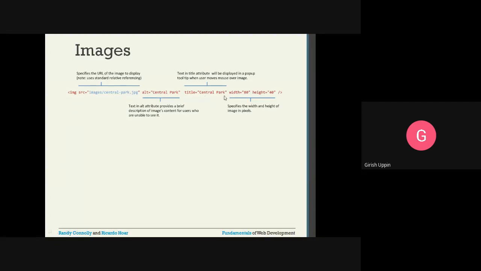So for Central Park, whenever the user moves his cursor on top of that image, he will see Central Park. Then width: you can specify the width of that particular image, and this would be in pixels. So this would be 80 pixels and the height is 40 pixels. The width attribute and the height attribute specify the width and the height of the image in pixels.